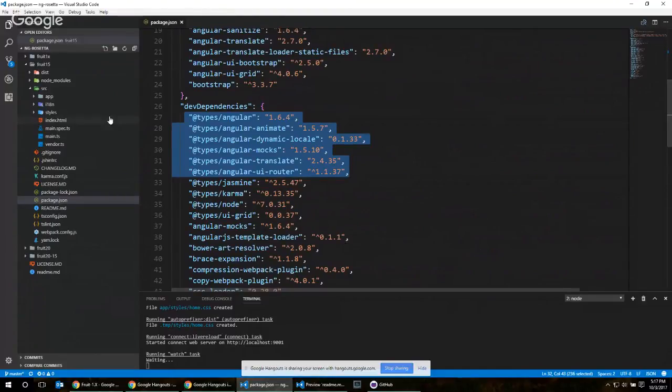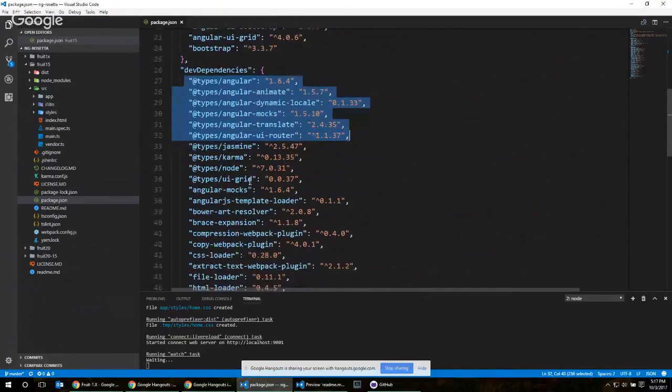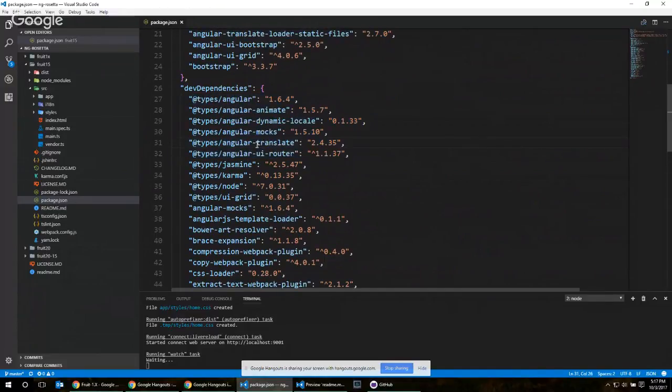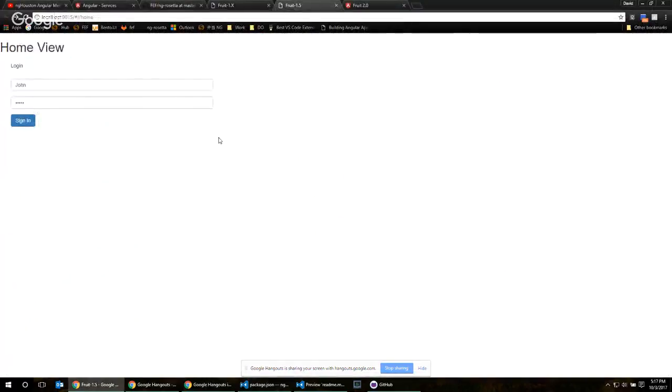It looks like I did something, I think, with coverage while I was adding coverage in. The build breaks, but the code still works. So it's basically a typing issue with TypeScript. I'm not sure what happened, but translate and UI router seem to have been dropped off of the build process, even though they're still brought in. So the compiler doesn't like them, but it still brings them in and packages them,